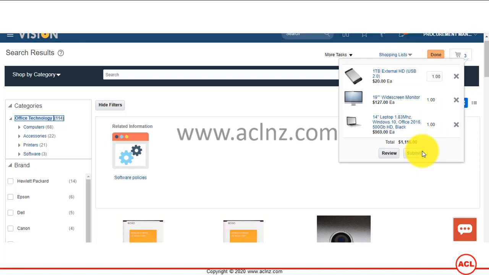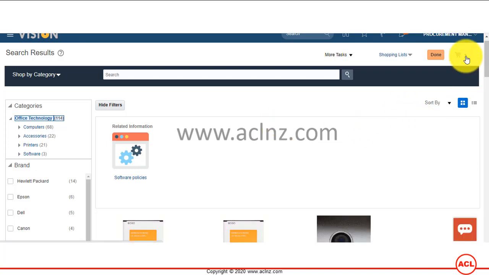Or when you hit the submit button, it's going to take us to the next form, and it's going to generate a purchase requisition number with a header and lines. So the header will contain information about the purchase requisition, whereas the lines will contain information about all the line items that you are adding over here and a number of other details.